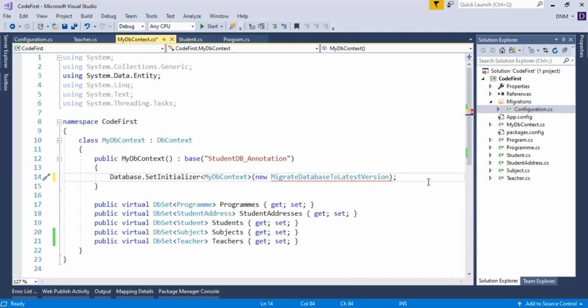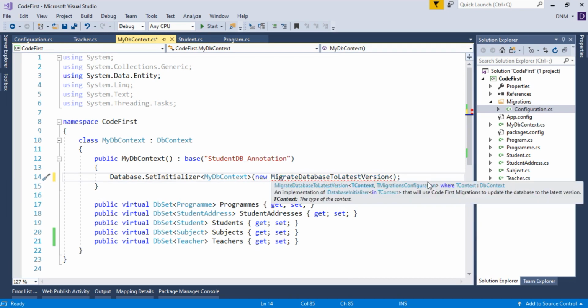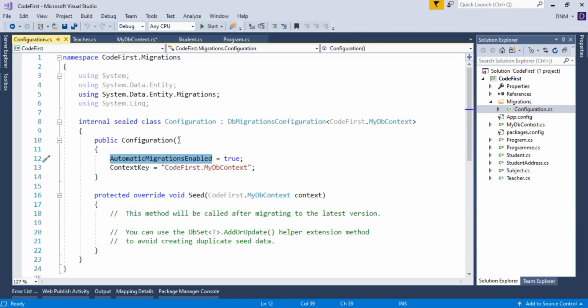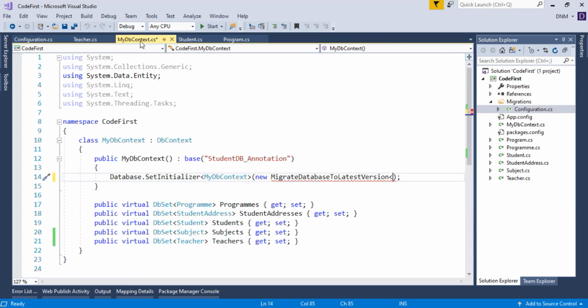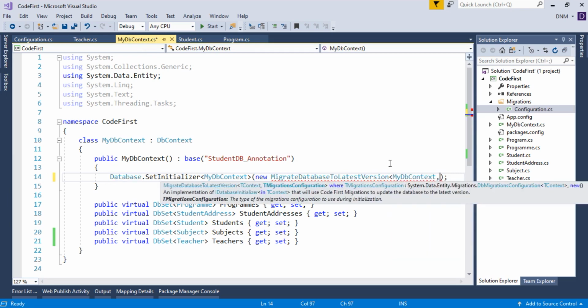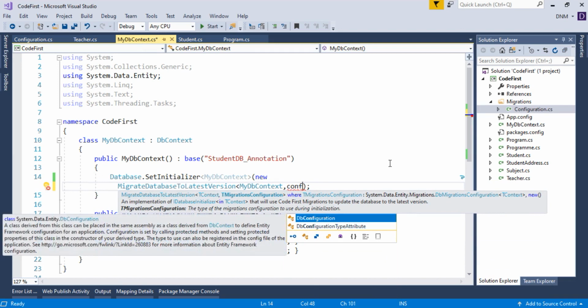Now to this constructor, we have to pass two types. One is our MyDB context class, or whatever your DB context class name is, and another one is the configuration class that got created automatically, this one. So let us specify both the types: MyDB context and configuration.